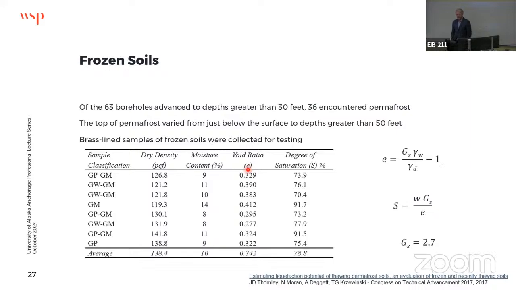So we do a test in our lab called a thaw strain test. And what we see basically is those ice lenses go away 100%, right? So you lose all of that for sure. If you have ice over a certain stratigraphy, you might get some kind of bridging, if you will, for a period of time where you're not getting that 100%, you're going to get at least 50%. So what does it do if you don't consolidate 100%, your liquefaction just cranks way up? Yes, yeah. You basically have a loose